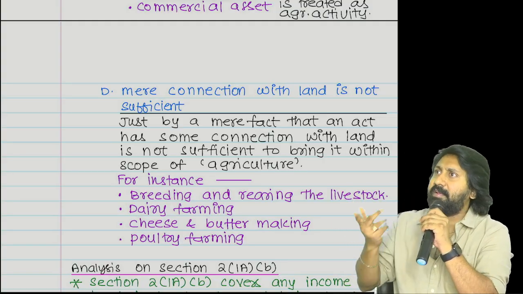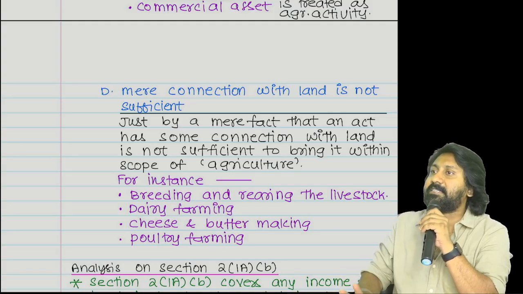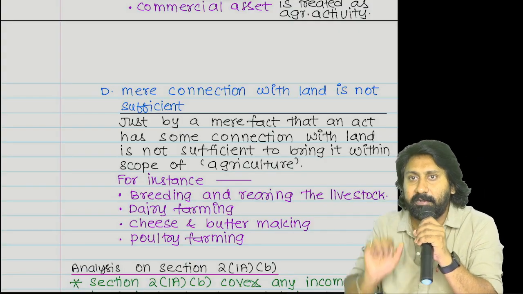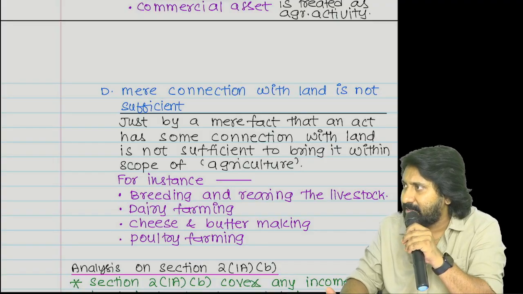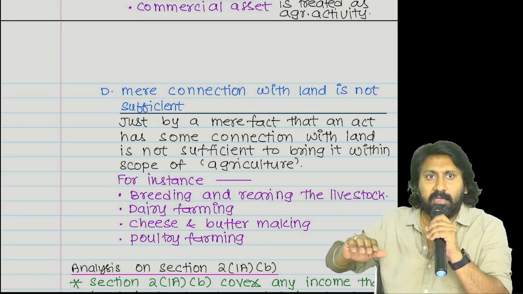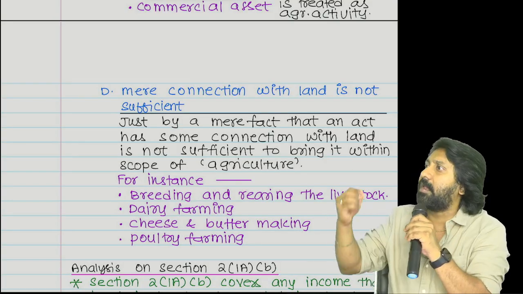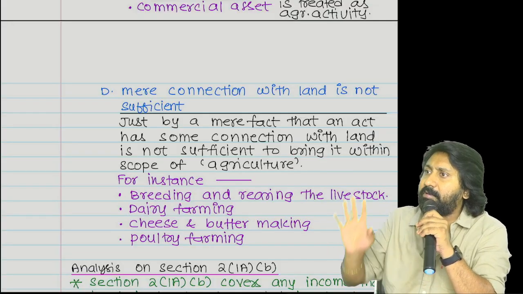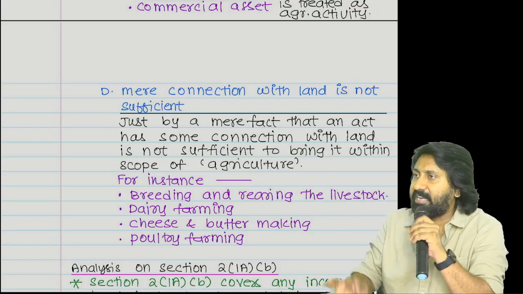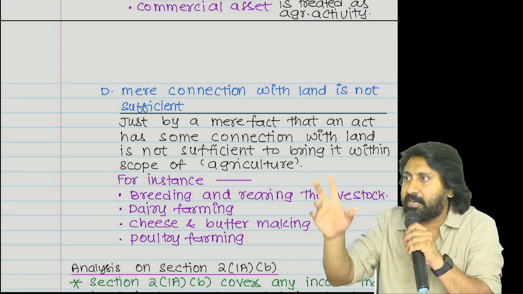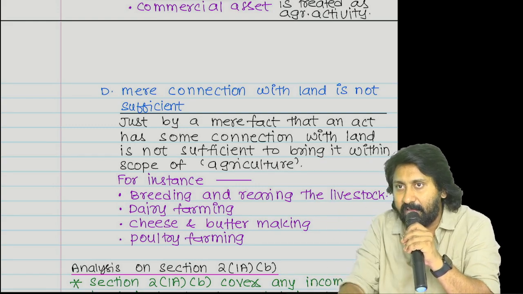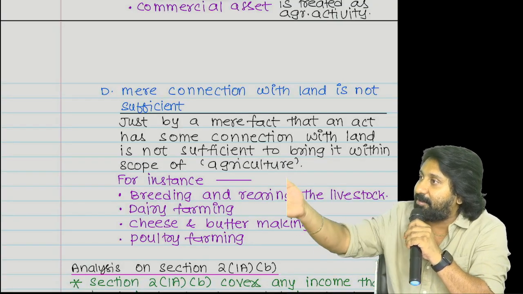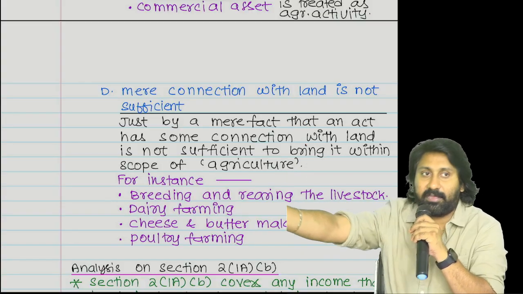Now tell me. I will sell jackfruits, each one at 500. You know jackfruits, right? I am in the sale of jackfruits. Thousands of jackfruits. I have a plantation. Thousands of jackfruits we will produce and sell. That income generated out of jackfruit is what income? Agricultural, non-agricultural? That is agricultural income. Why is it agricultural income? It is an income generated out of agricultural land.